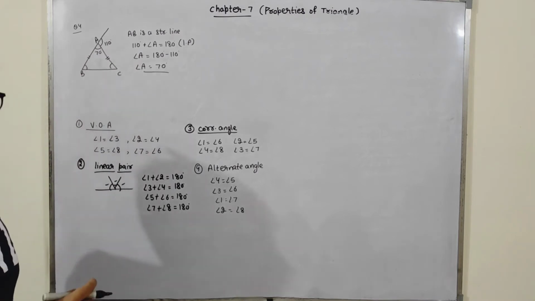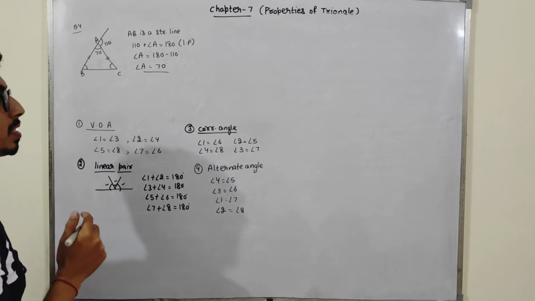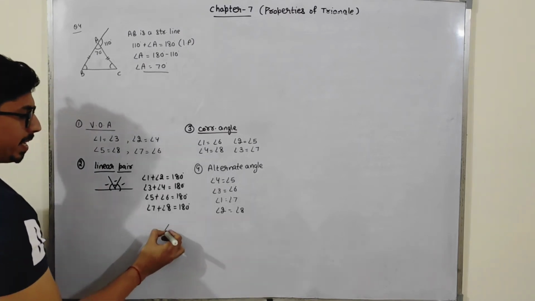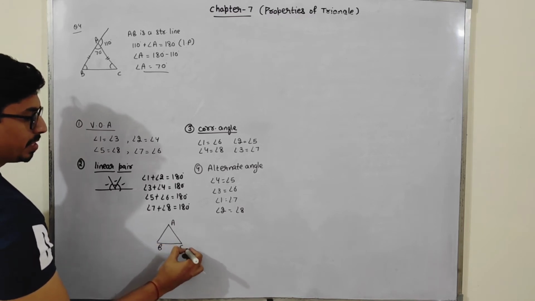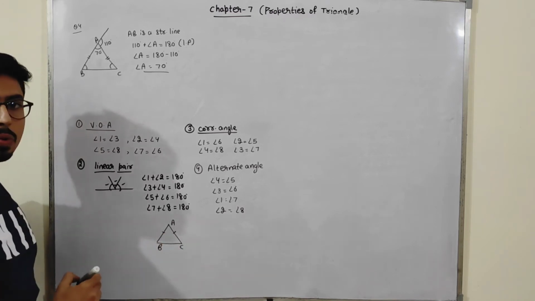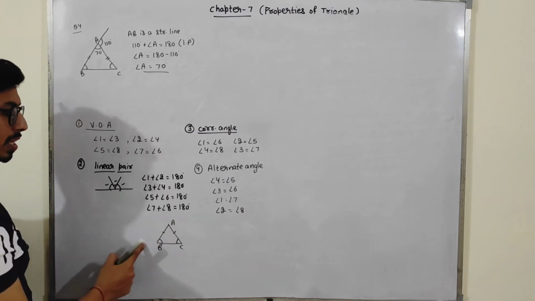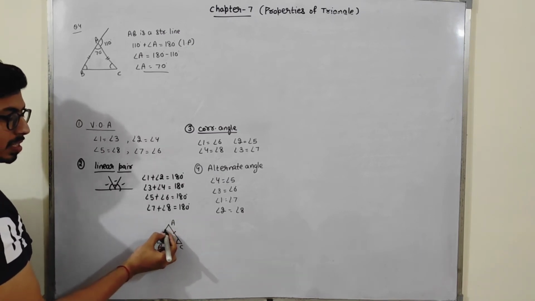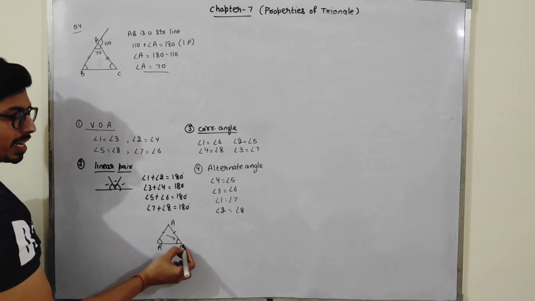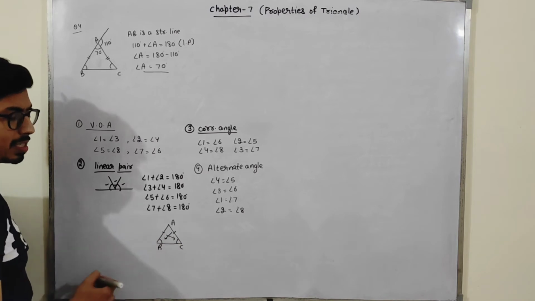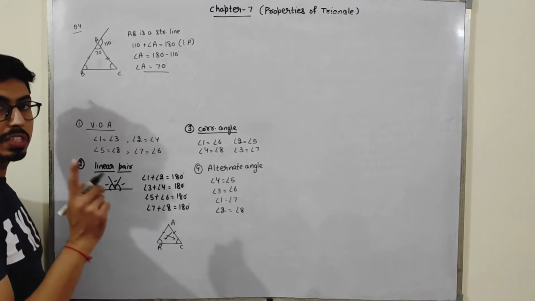Okay students, now see, I am discussing a property with you students. If I take a triangle ABC, if these two sides are equal, then the opposite angles are also equal. Okay, if these two sides are equal, see, this side is equal, angle opposite to this side is this, and this side, angle opposite to this side is this. So angle opposite to the equal sides are also equal. Okay, this is the property.